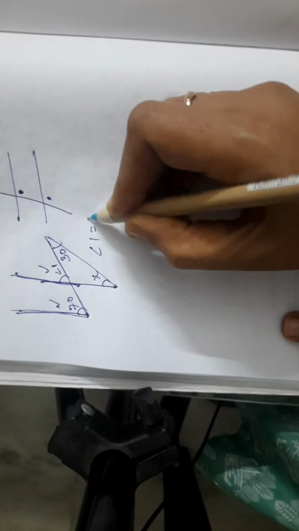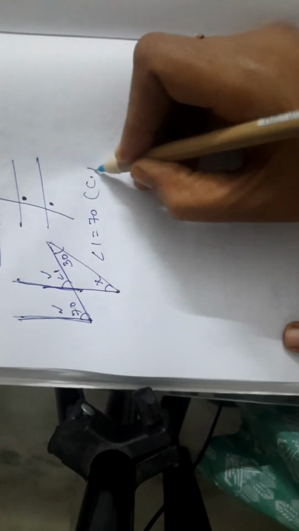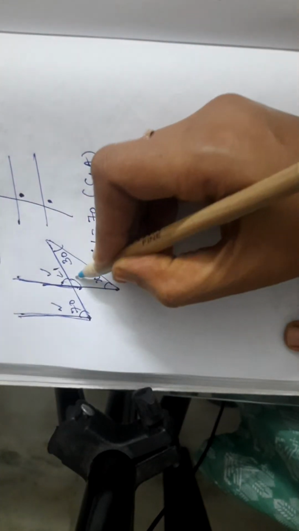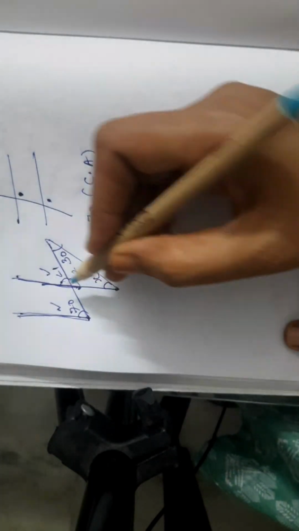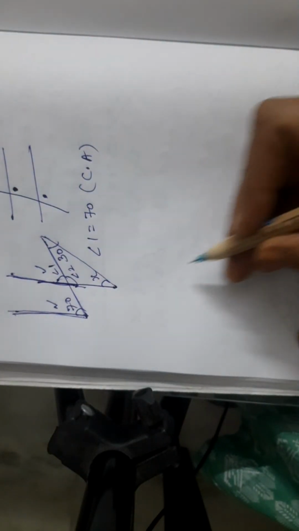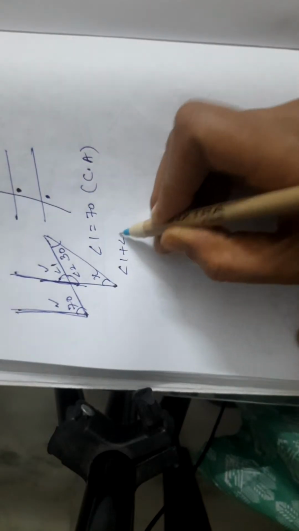Angle 1 is equal to 70. Reason: corresponding angle. If 1 is 70, and I consider this to be 2, they are making a linear pair. So their total will be 180. Angle 1 plus angle 2,